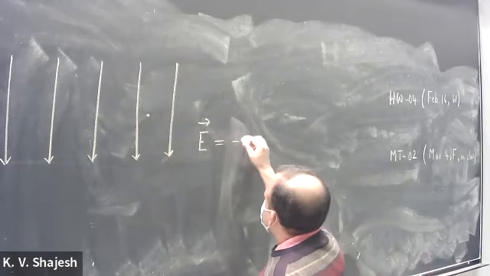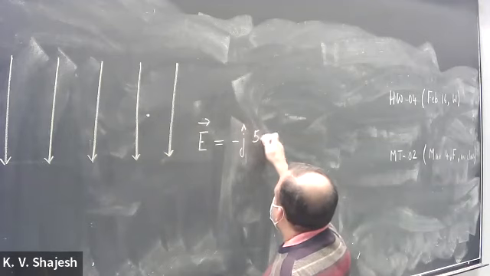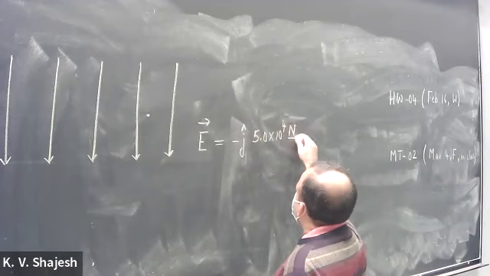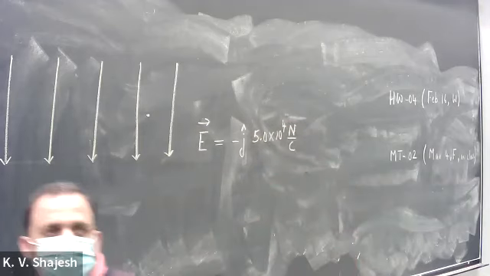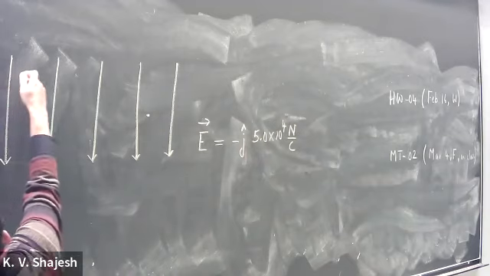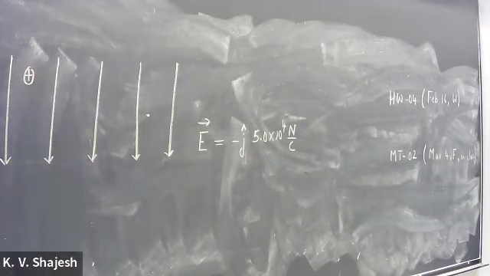The direction is minus j hat. Magnitude, let's say, is 5.0 into 10 raised to 4 Newton per coulomb. So that's your electric field. Whenever you have electric field lines given to you, that means that if you have a positive charge in here, it will go in the direction of the electric field. So think of it as a flow. A positive charge flows along the lines of the electric field.